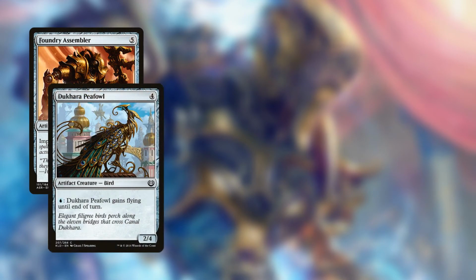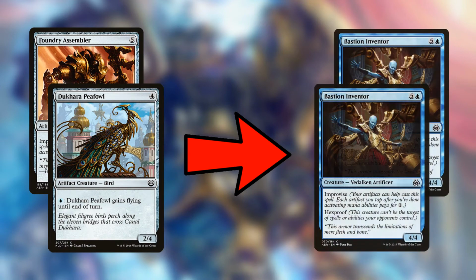So let's look at my improvements. First off, we're going to take out a Foundry Assembler and a Dakara P-Foul for 2 Bastion Inventors. So Foundry Assembler just doesn't do a whole lot. I mean, it's a 5 mana 3/3 with Improvise. Our best case scenario is that we have a 3rd turn 3/3. We're basically never going to have a turn 2 3/3. It's almost always going to be turn 3, and that's just not that great, so I'm not a big fan